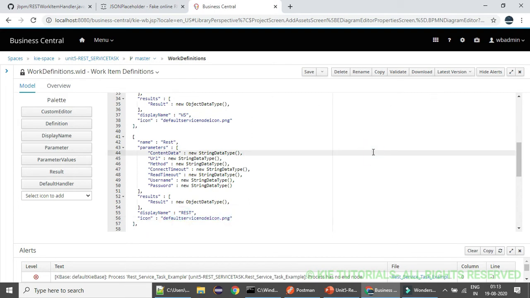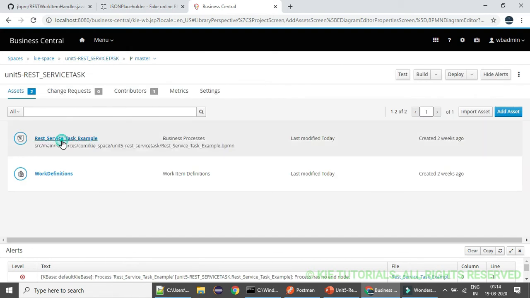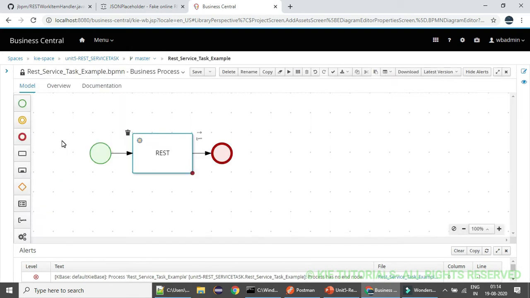So that is about the work item definitions. If you want to configure any custom work item handler, you have to configure it in the work item definitions to see it in the service task panel. That part will be covered in the coming session. Now we'll concentrate on the existing REST work item handler, or existing REST service task.